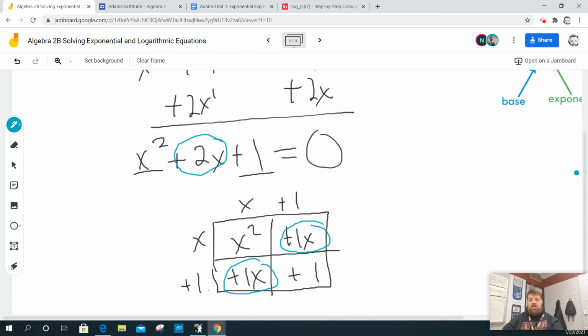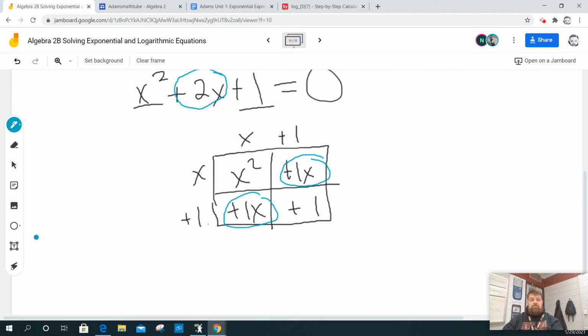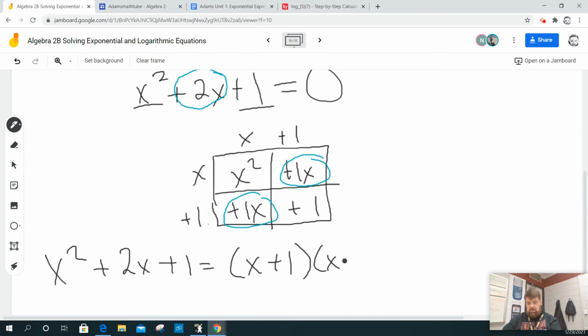So then in my next line, what I know is that x squared plus 2x plus 1 is equal to x plus 1 times x plus 1,